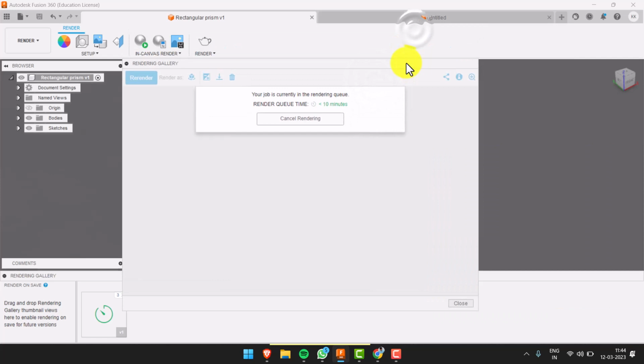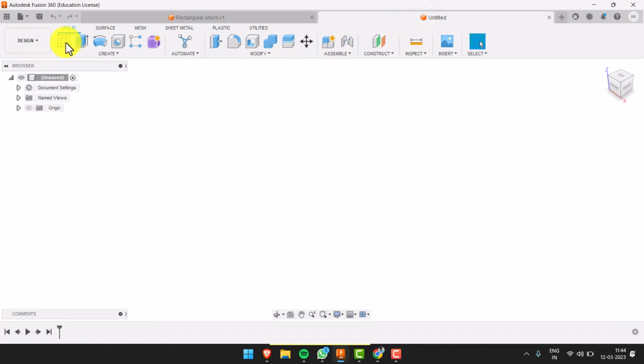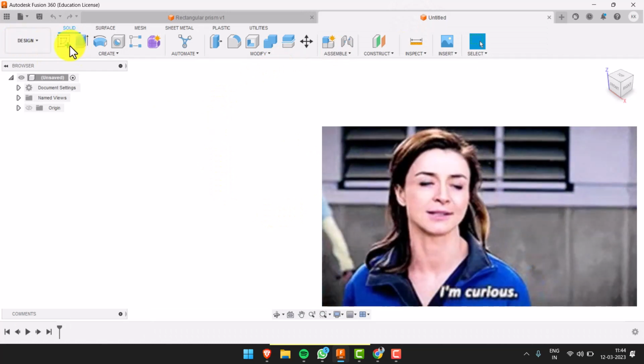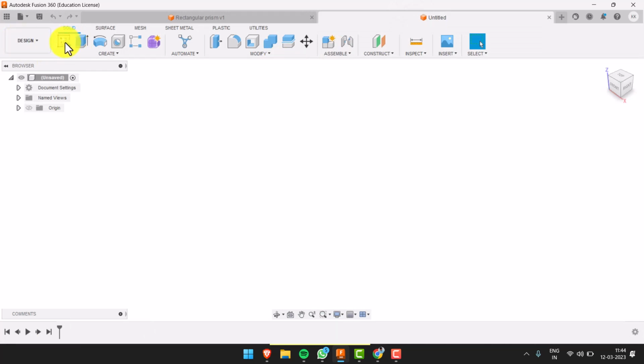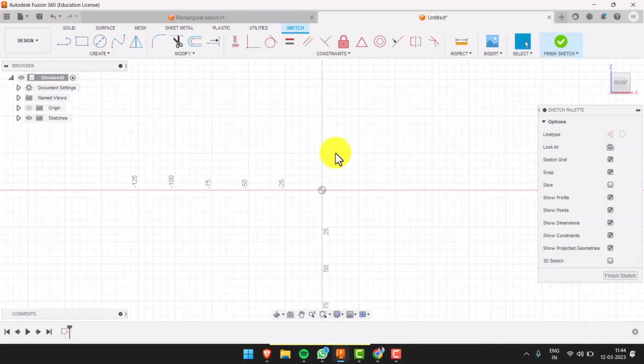So leave it like this, and now we move on to the next prism we are going to do today, the triangular prism, the most commonly used prism. For this we just need to draw a triangle. If you have any specific triangles in your idea, you can use them, or you can just draw